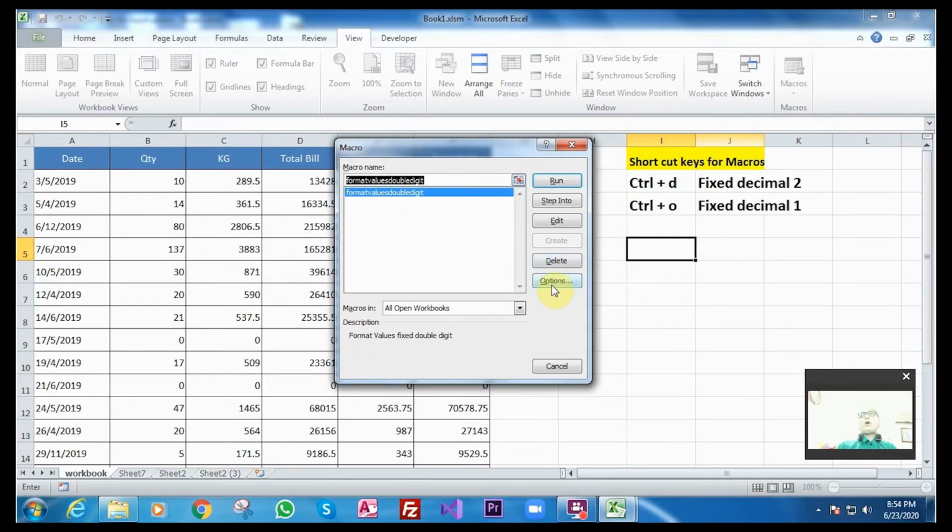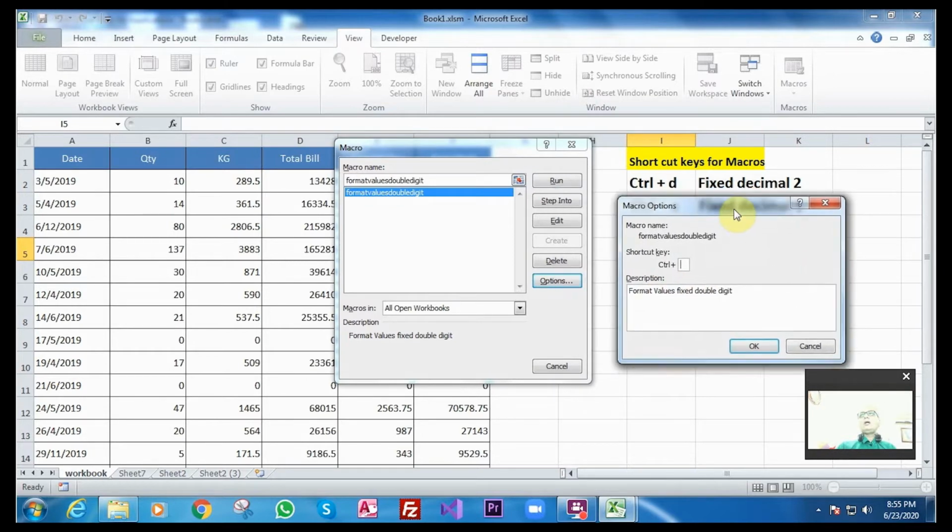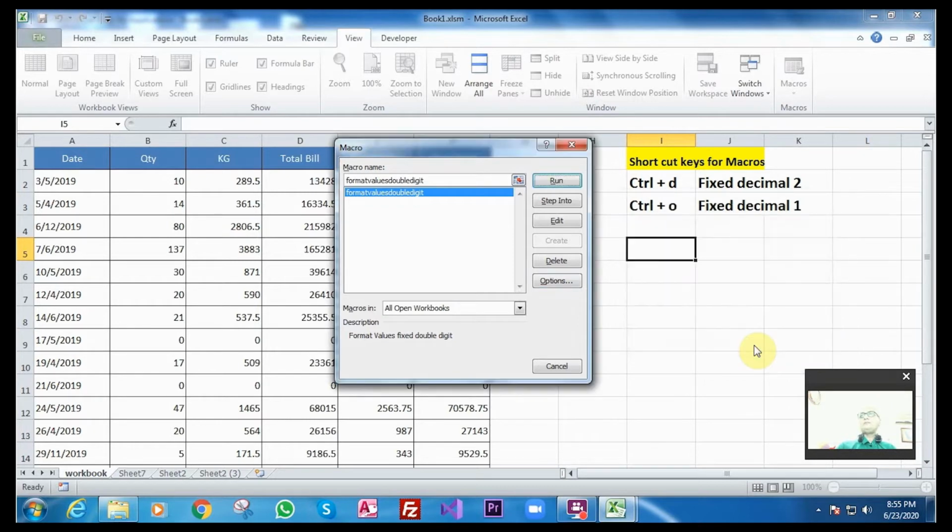Here you have an option. Select the macro, click option. As I had decided, I will give D for double digit. So I will give D for 2 decimal. I will say OK. That's it. I will close